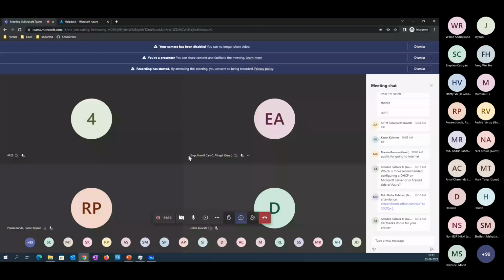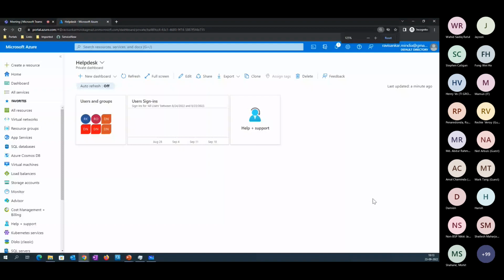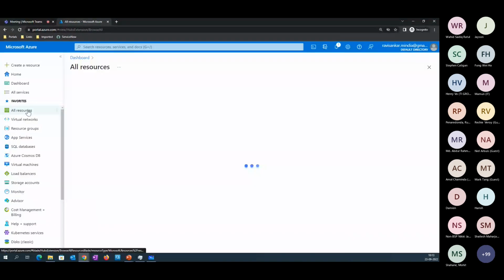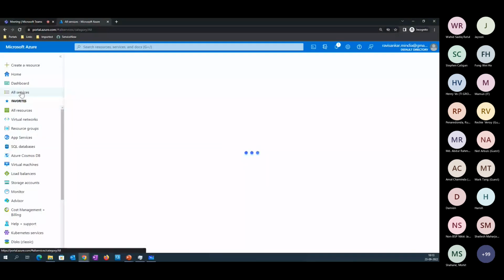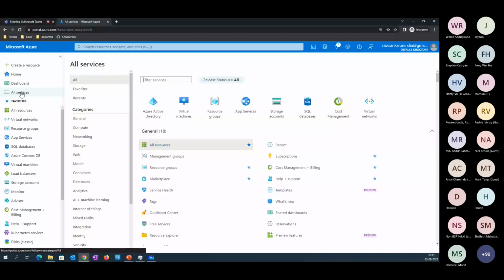Now, let's go back to the portal. When we had a discussion on the Azure portal, we saw in All services that there are 30 plus services provided by Microsoft. If you go to All services and the networking tab, you can see there